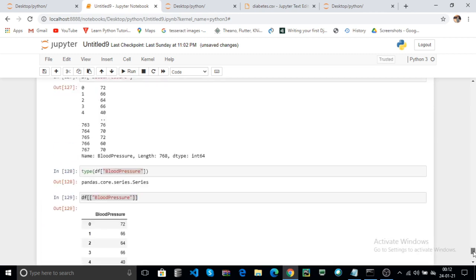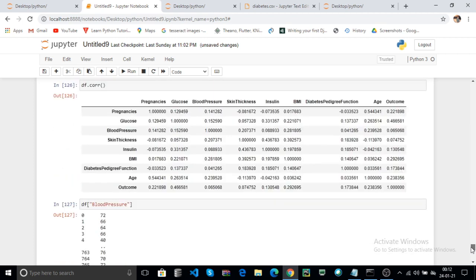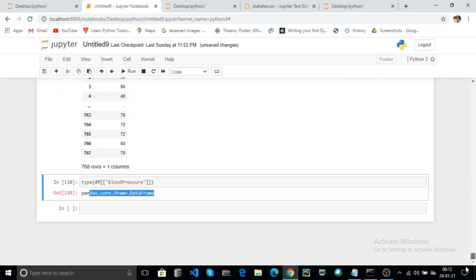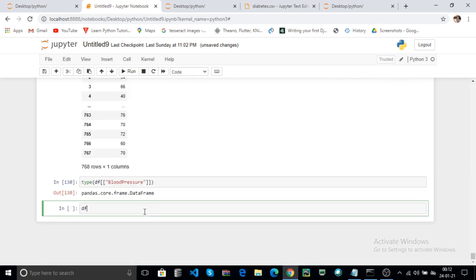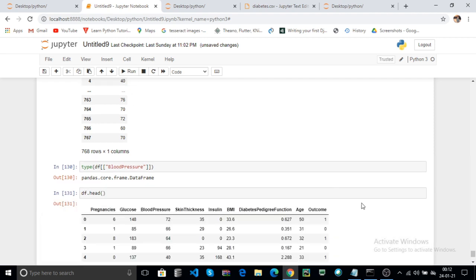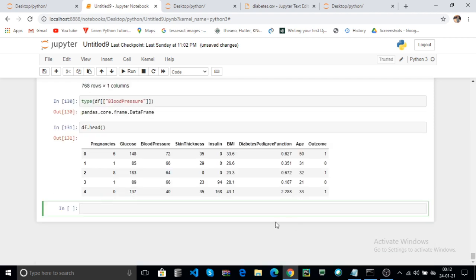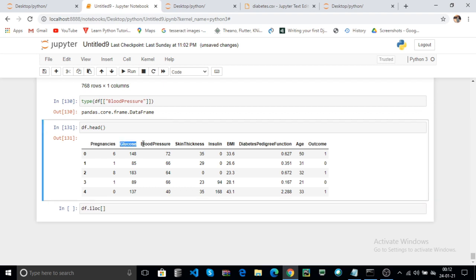Now we can also use the iloc attribute and the loc attribute. How? For example, df dot head, for easy analysis. Here you can use df dot iloc, which is used for index location. This is the 0th index, first index, second index, third index, fourth index, fifth index, and so on.